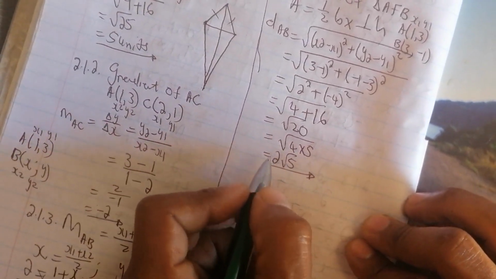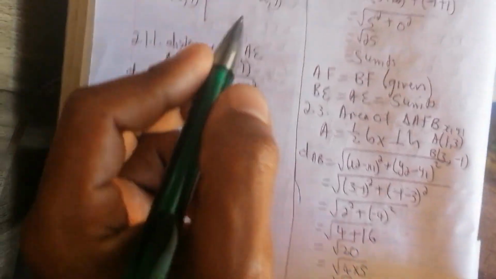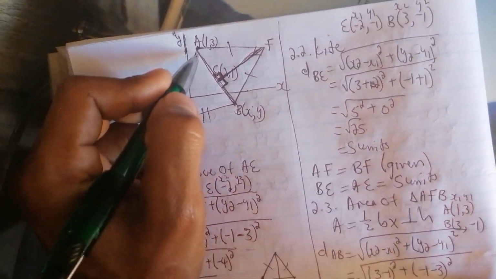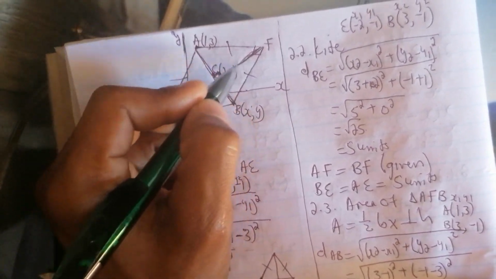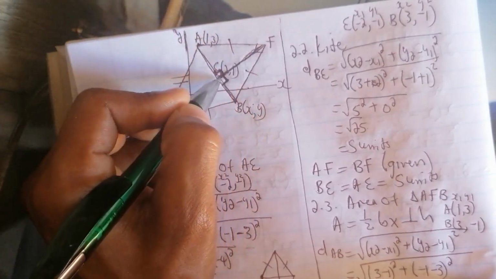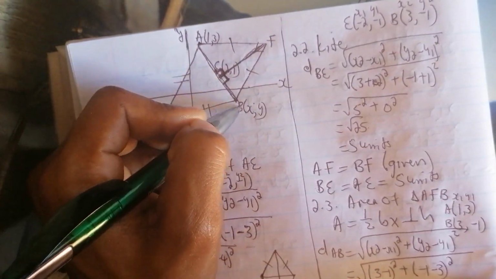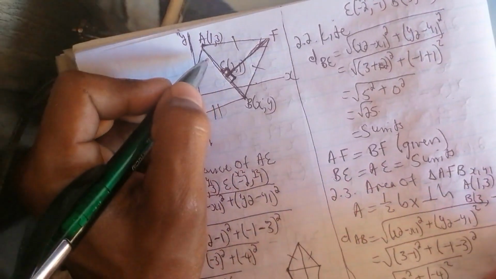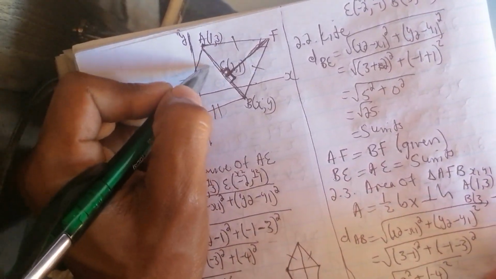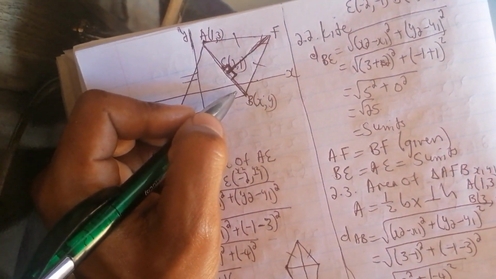So I have the base, which is AB. Now I have the base, this side. I have this side. I just need the perpendicular height. And because this cuts equally between this distance to that distance, I can divide this total distance by 2 so that I know what side this is and what side that would be. But if I do that,